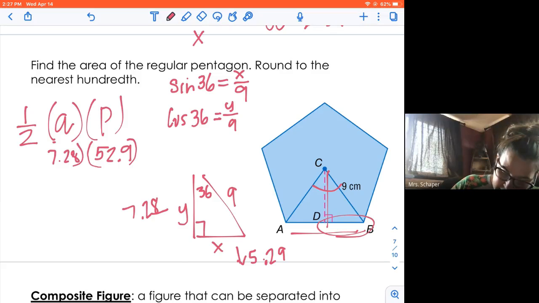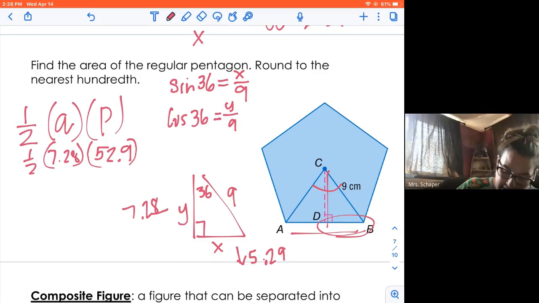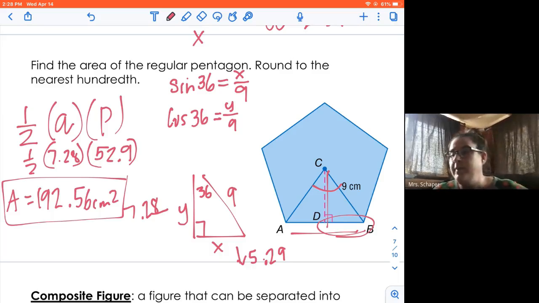So 7.28 times 1/2. Okay. So 0.5 times 7.28 times 52.9. The area is equal to 192.56 centimeters squared. Okay, so when we look at this, it's pulling in a lot of those pieces, and you're